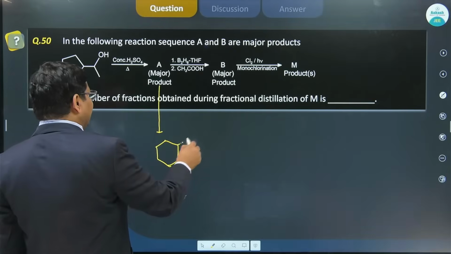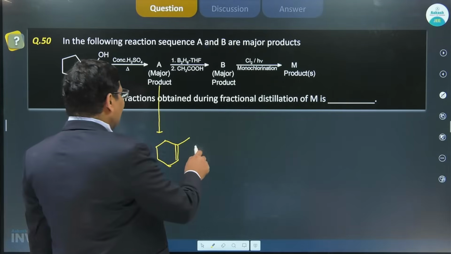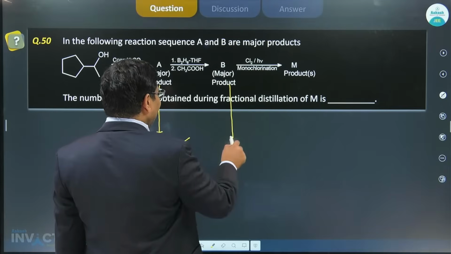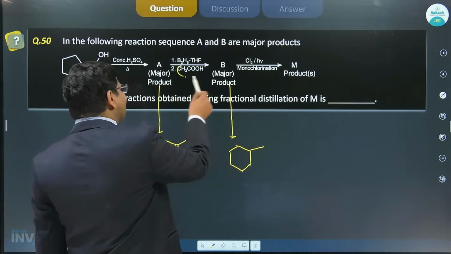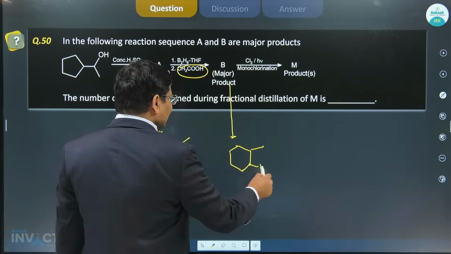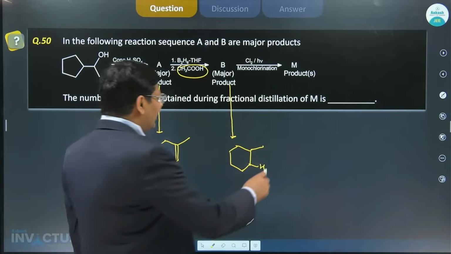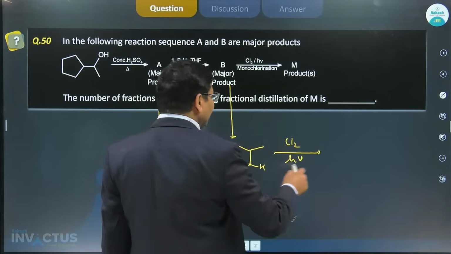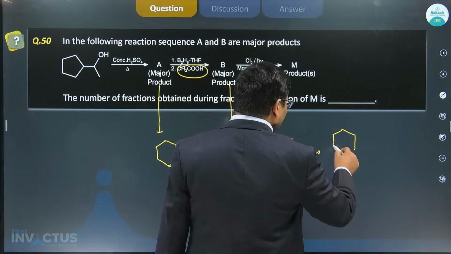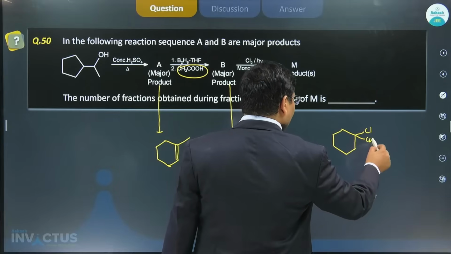रिंग एक्सपेंशन के बाद देखो पहले कार्बोकेटायन फॉर्म करोगे, after this ring expansion you will get this A, and B2H6 THF के बाद तो HBO रिएक्शन में अगर आप एसिटिक एसिड यूज कर दोगे तो ये एल्केन बनाने का मेथड होगा, H-H एडिशन, सिन एडिशन, and अगर इसका मोनोक्लोरिनेशन करोगे in the presence of sunlight, तो मोनोक्लोरिनेशन के कितने, ये इंटरेस्टिंग क्वेश्चन हो सकता है बच्चों, क्योंकि या तो इसमें ये कंपाउंड फॉर्म हो सकता है,